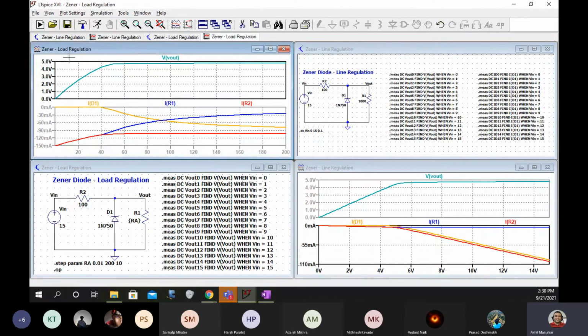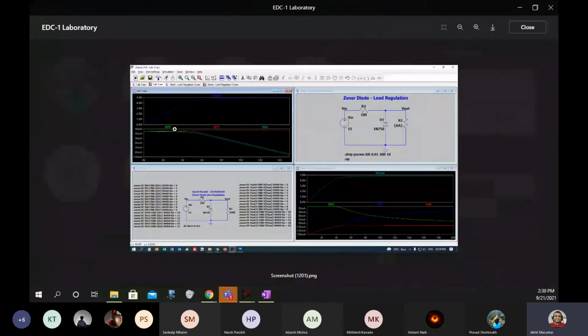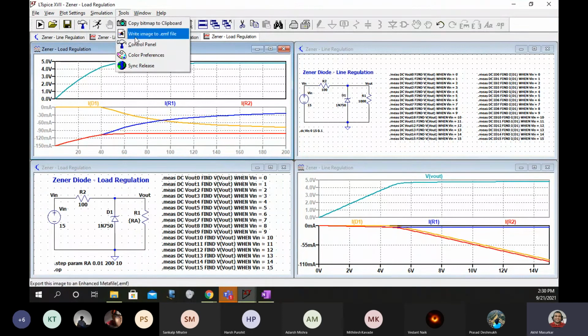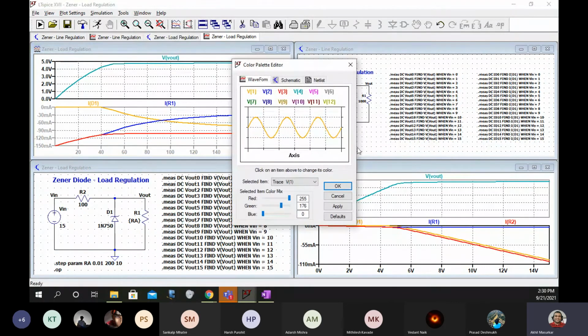So you click on any plot. Let's say first you click on this first plot. Now once you click on that plot, you go to tools, go to color preferences. Then the selected item would be trace, make it background, and see to it that all are 255.